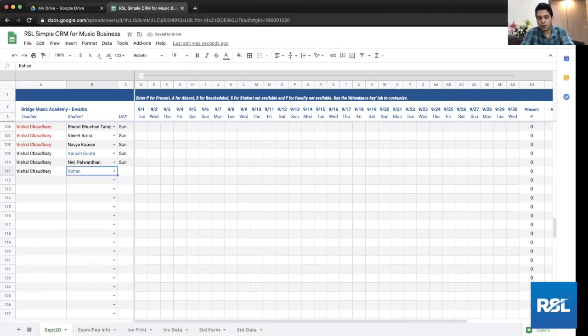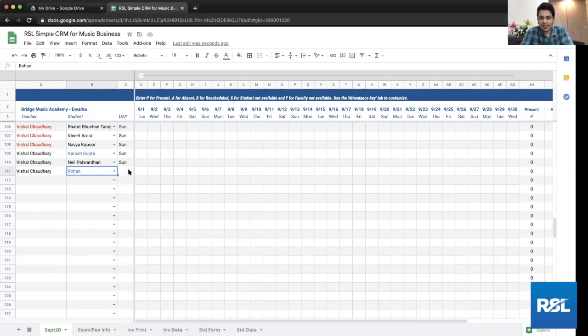Now here, looking at this, obviously by the teacher name, you will know what instrument he's learning. We all know who our teachers are and what they're teaching. But here you will not be able to know which exam he is signed up for. If he's signed up for any particular instrument, his name is going to turn blue. It is not going to be dependent on the teacher, right? So this is how it works.